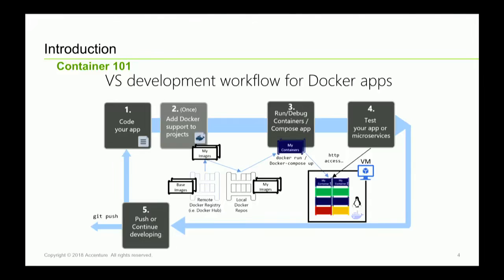So the way you add container support to your application is by using a base image. The base image, think about it as your operating system for your container. Once you have this operating system, you can actually build and deploy your application in it. It's a copy-on-write file system, so every change that is committed on the file system will make a layer. And then that becomes your image. And then your image gets pushed to your enterprise repository.